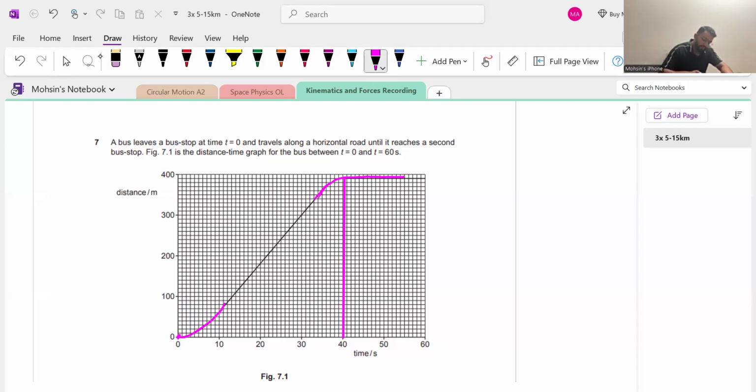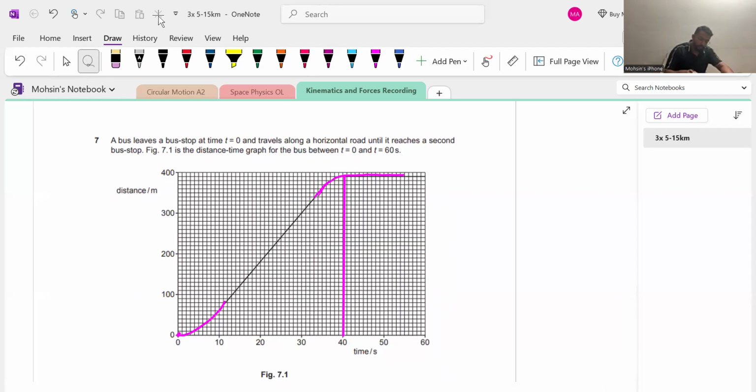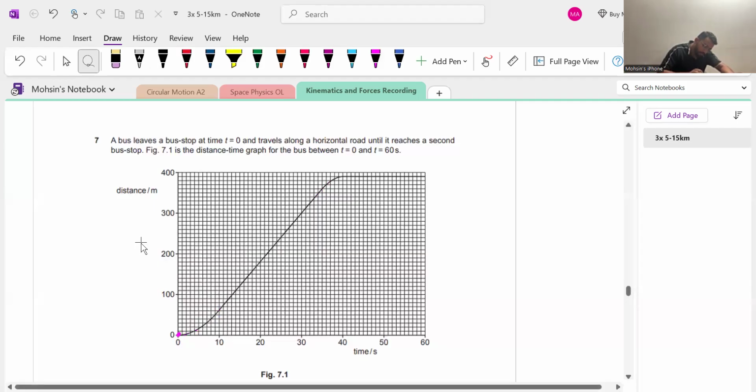So if the speed is zero, because the gradient is zero, for securing one more mark, we have to mention this as well. If this question were of only 2 marks, this is enough what we have written so far. But right now they are demanding more, so we have to tell them more